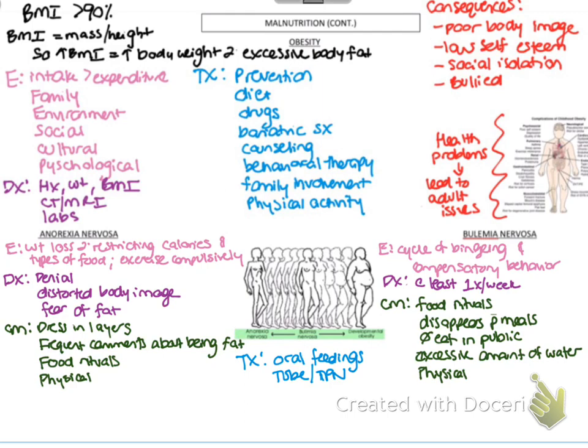During acute episodes, we may have to put like an NG tube or a G tube in them or TPN and force feed them because they really just don't see the damage that they're doing to their body or how severe it is or how skinny they are. And they literally starve themselves to death. So I don't have a lot under treatment because, again, a lot of it has to do more with counseling and those type of things.